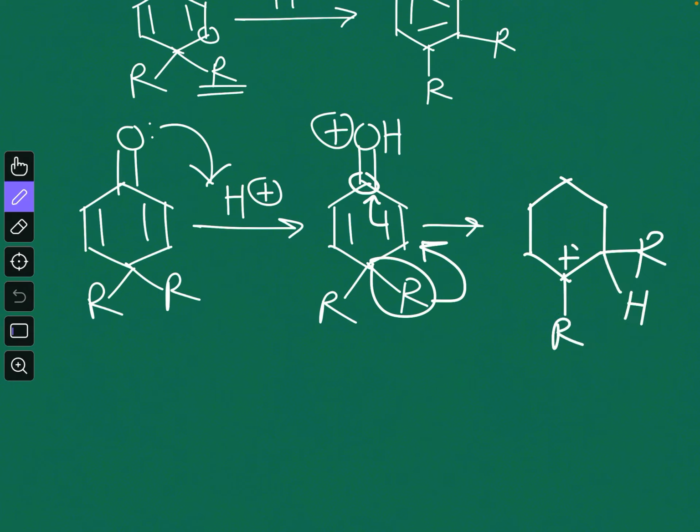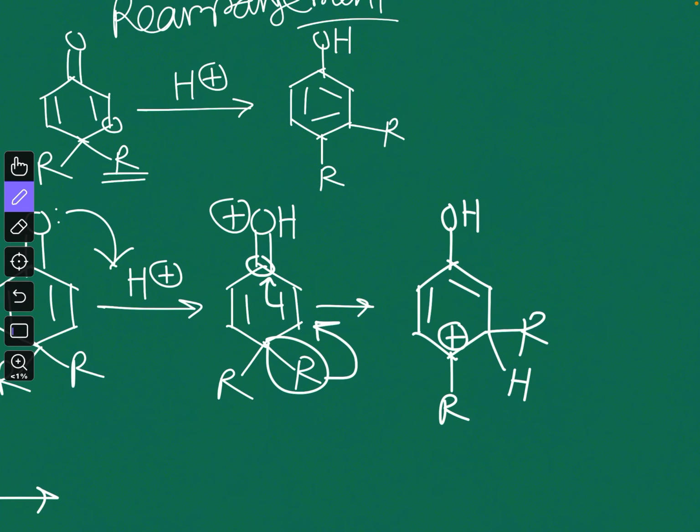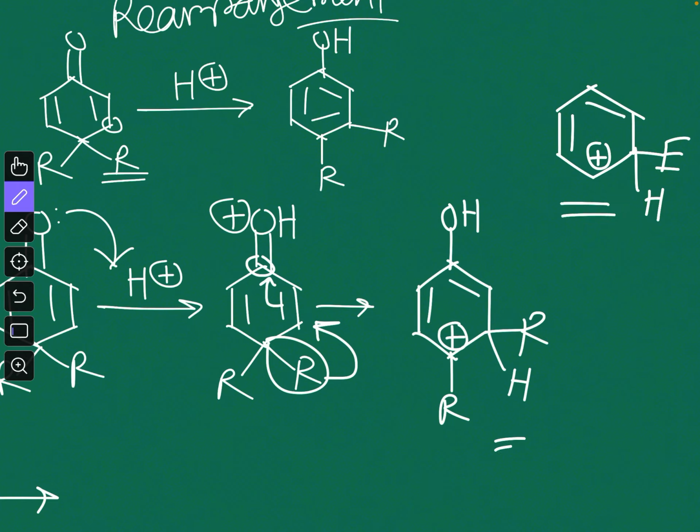So now the positive charge is transferred to this center, and this will become OH. This double bond shifted to here, and here the double bond is as it is. Now after this step, this is basically the simple intermediate of electrophilic substitution. If you recall simple electrophilic substitution reactions, you know that these kinds of intermediates are there: some electrophile, a proton, a positive charge adjacent to this, and these two double bonds. So you can see a similarity between this and this, they are basically the same.